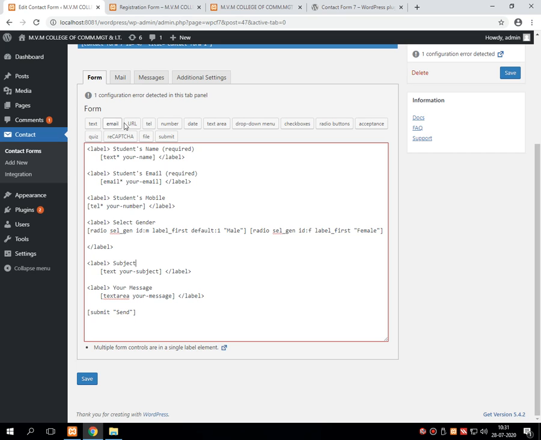Now here you will see so many things. We can add a text box. Student's name is a text box. Mail ID. You can add a URL for accepting the website address. Suppose we require a telephone field for mobile number. Numbers, for example, suppose we want to enter the marks of students, then marks may be in the format of number. Suppose you want to add a date, then by selecting this you can add a date. This is for text area that we have already taken.